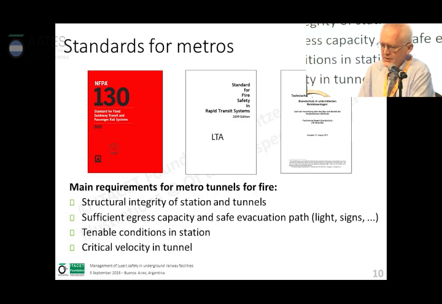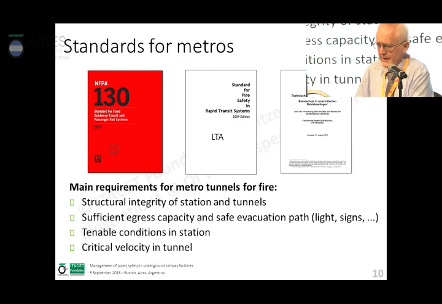They are often structured the same way, so the structural integrity of the civil works should be given. There should be sufficient egress capacity and evacuation paths. You are supposed to provide tenable conditions in stations, so the focus is really on smoke control in the station boxes. And in some standards, you require as well a flow control in the tunnel.